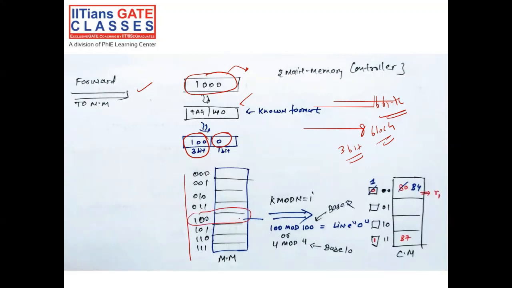Now, whatever information we move into the cache memory, we move with the help of this function, because we are using the direct cache mapping technique, right? So let's see, 100 is there, meaning block 4, mod 4, because there are 4 blocks in the cache memory. Which line will come? Line 0. Now whatever data is there, we just replace with block 4 and update the tag value. The tag value is 1. We updated the tag value in the cache memory, right?